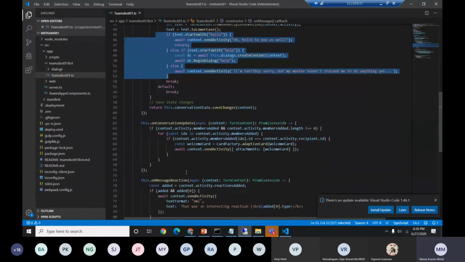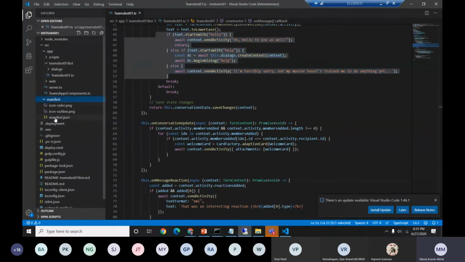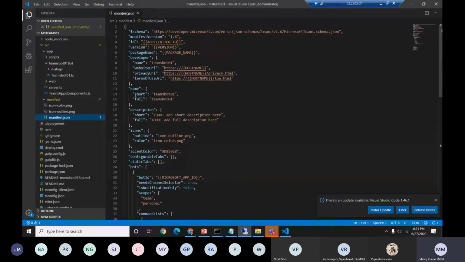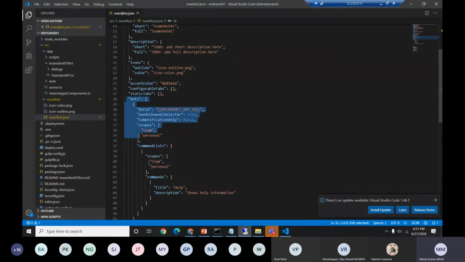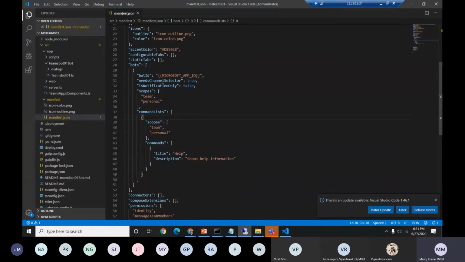And again, we can start with our code base here. I will walk through some of the samples. And this is important, the manifest file. In this manifest file, what is important is the app ID, versions, package name, developer configurations, what should be our website URL, privacy URL, Teams URL. Those are not as important. The important things for us are just the ID and the version numbers. We need to define them here. And then we can directly jump to the bot section. The bot section says what is my bot ID and what is the scope of my particular bot, so that we can define it and we are good to go with that.